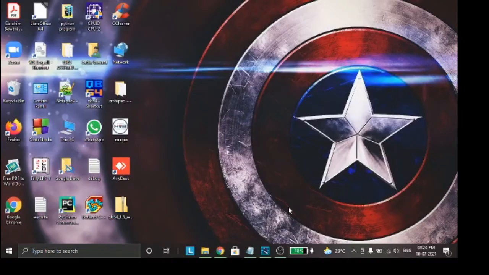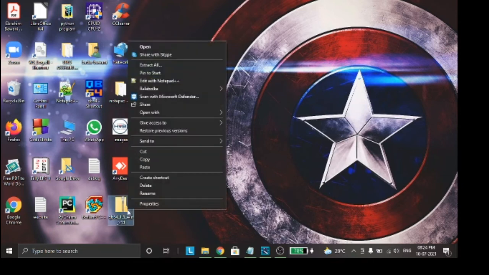And the second thing, before downloading WinZip software, you can check whether an extracting software is already available on your computer. You just need to right click on the file and check that you are getting an option of extract all.